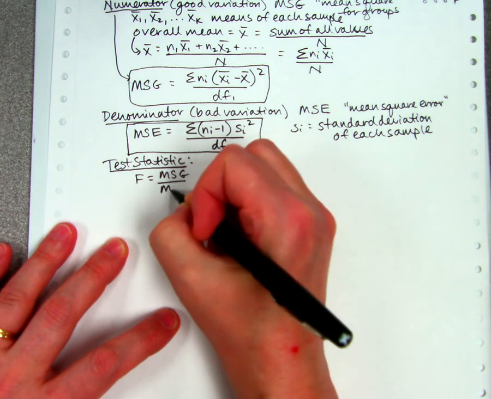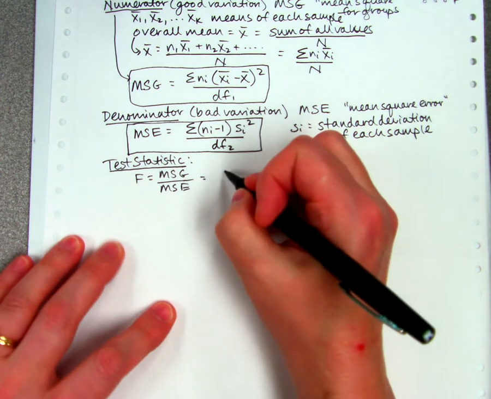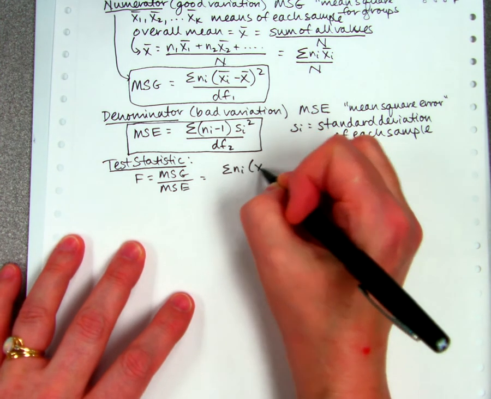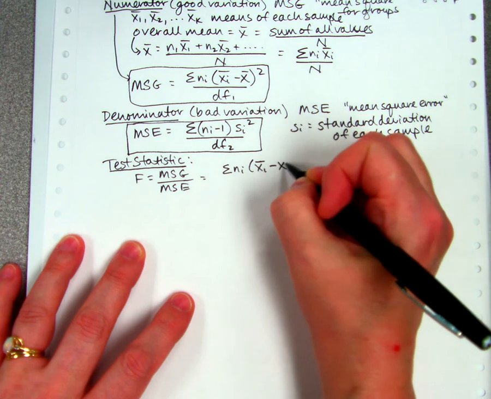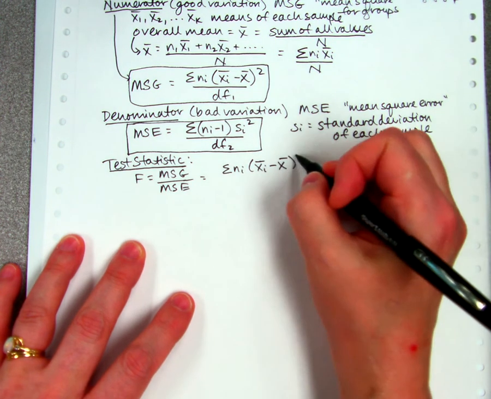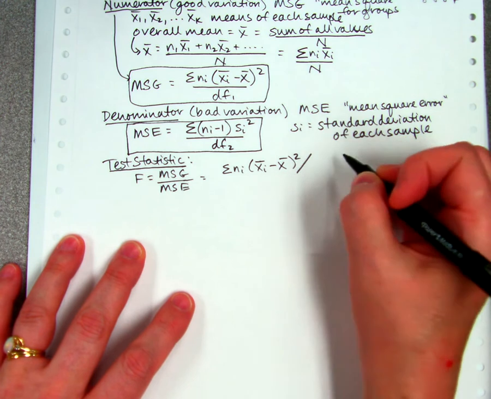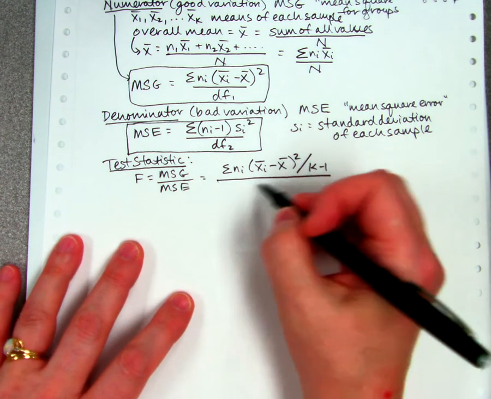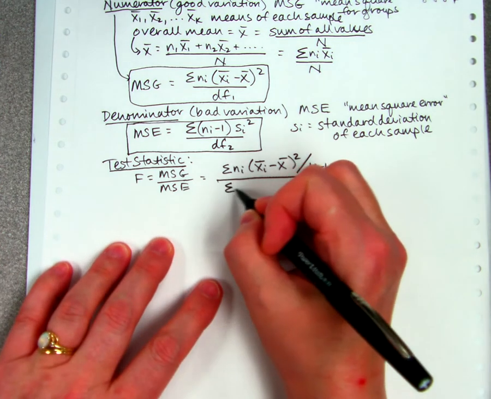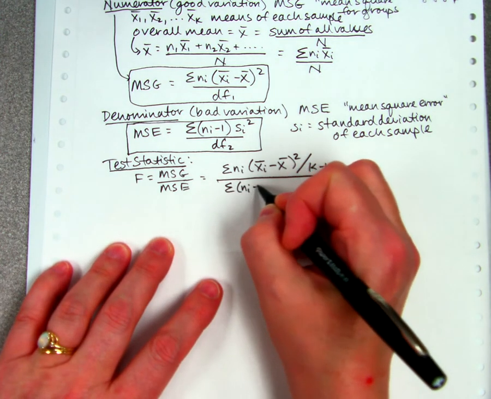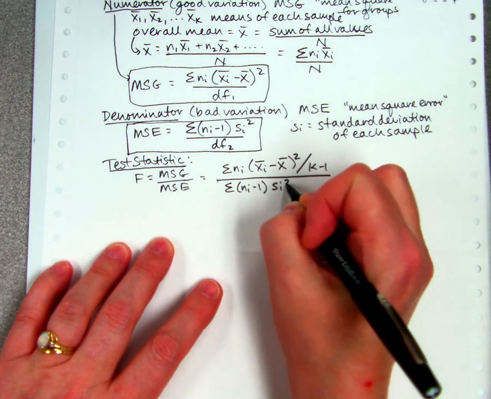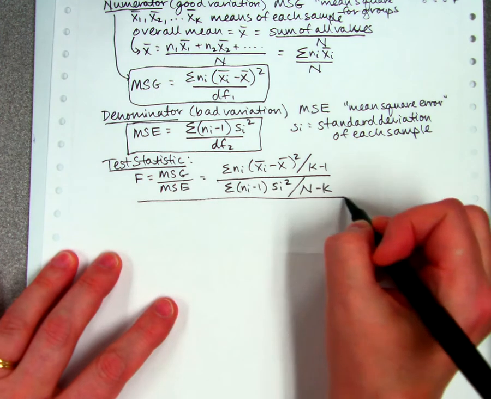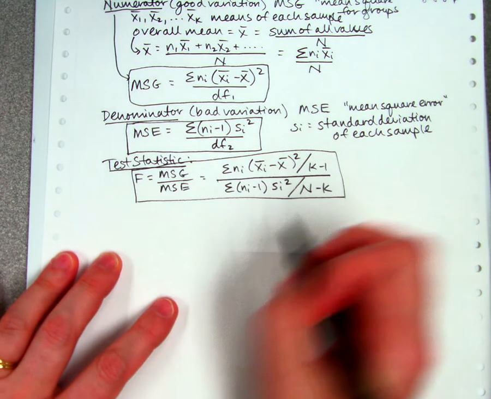MSG divided by MSE, which means it's kind of a messy formula when you write it all out, but I kind of like it anyway. You do n_i times (x bar_i minus x bar), squared. When I do the example, I think this will make more sense. Divided by df1, which happens to be k minus 1. So it's a division over a division, which is the messy part. And then on the bottom you have the (n_i minus 1) times s_i squared, divided by N minus k. So this whole thing is our test statistic. And then you can find a p-value,